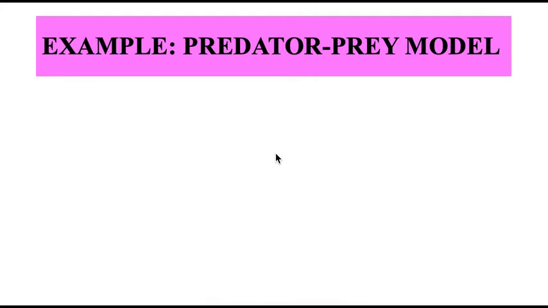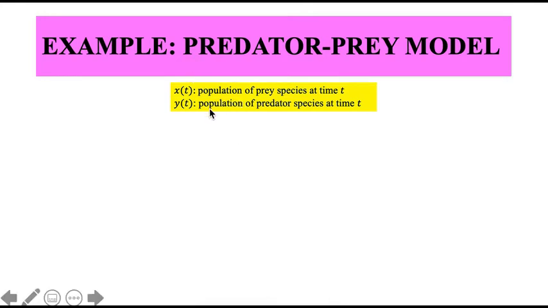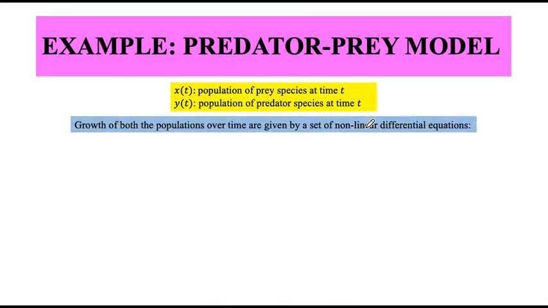so let us say I want to define my system variables, like x(t) is the population of prey species at some time t, and y(t) is the population of predator at time t. So based on how we derived the model previously, x(t) would be some constant alpha greater than 0, which is the first term, will denote how the predator population increases, and the prey population will increase.